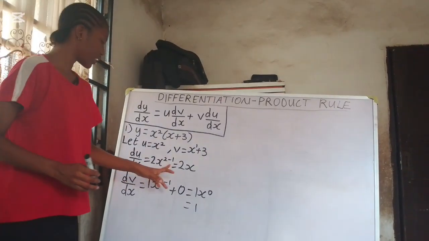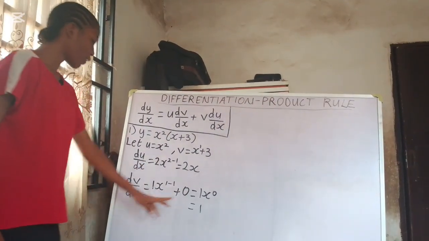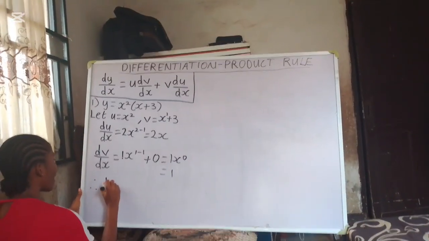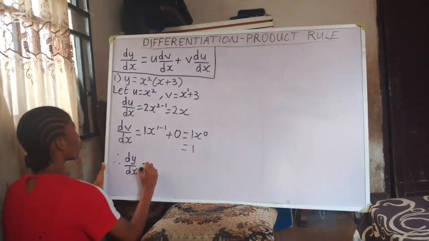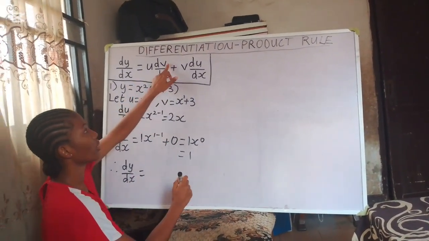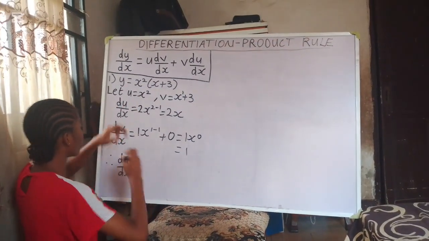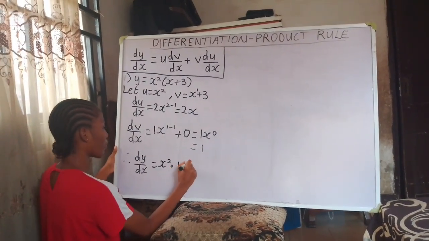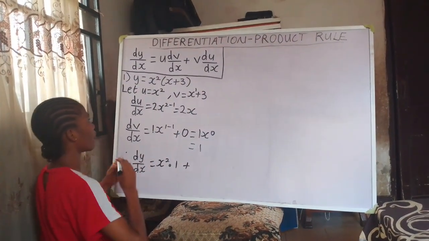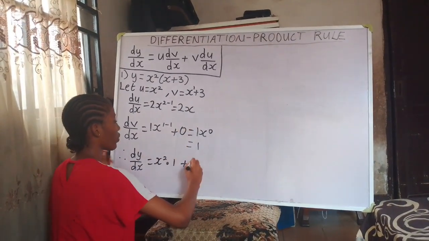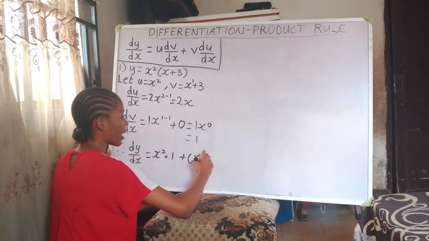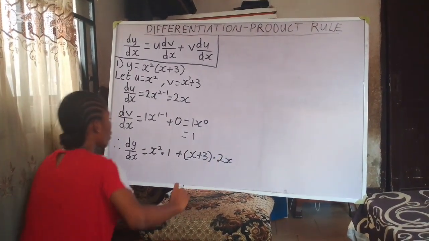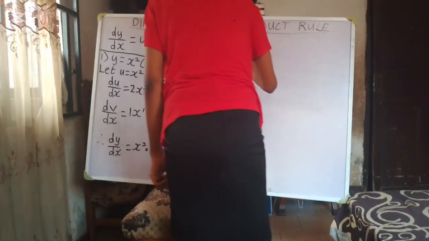So now that we have our du by dx as 2x and dv by dx as 1, we can substitute into our formula. So therefore, our dy by dx will be equal to, from the formula, u times dv by dx, that is u, x squared, times dv by dx, 1, plus v times du by dx. V is what? x plus 3. Remember to put it in brackets. Times du by dx. Du by dx is what? 2x. So this means that our dy by dx